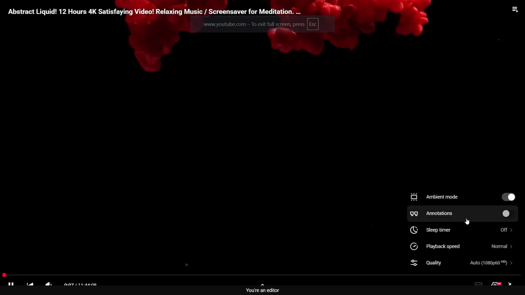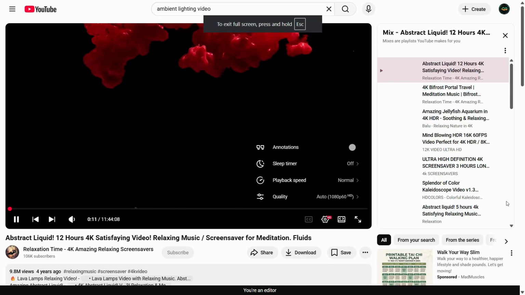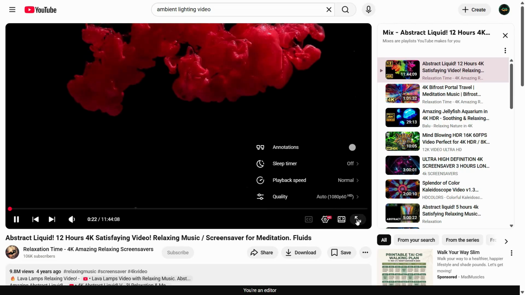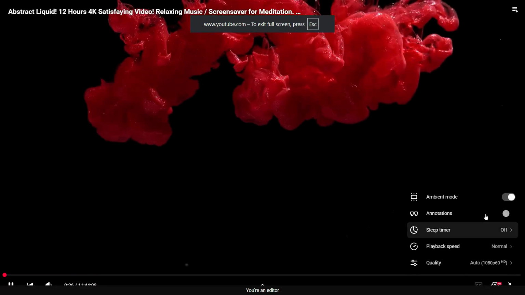So what you can do is you need to open and check for that relevant video. And after that you click on this settings gear icon. And from here you turn on the ambient mode. Like for this one, it's available, but it is not available usually in the preview mode. You have to make it full screen and then you click on this settings icon and then you turn on